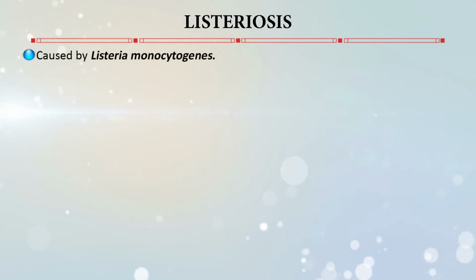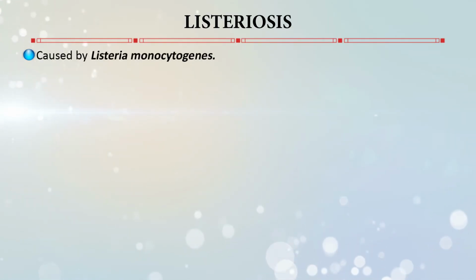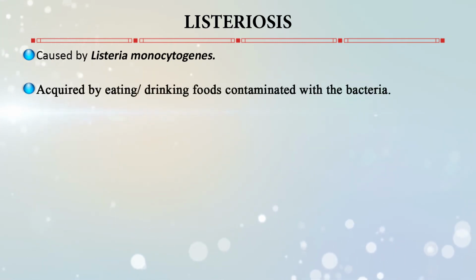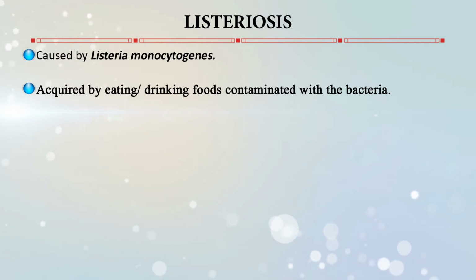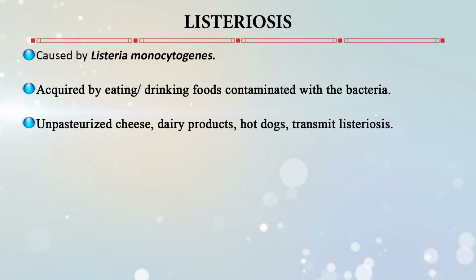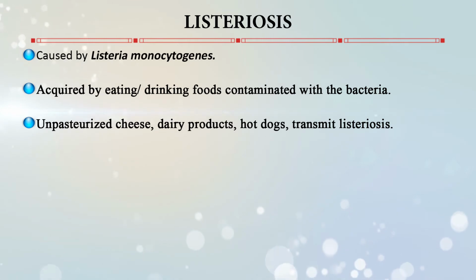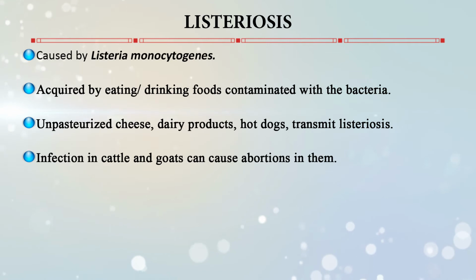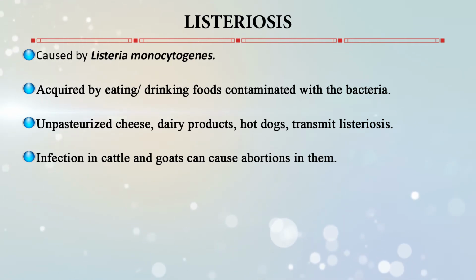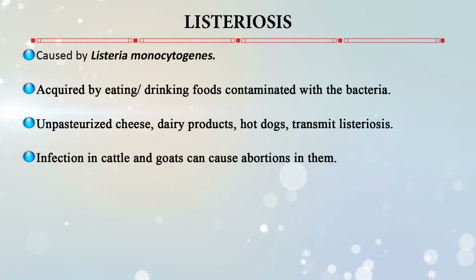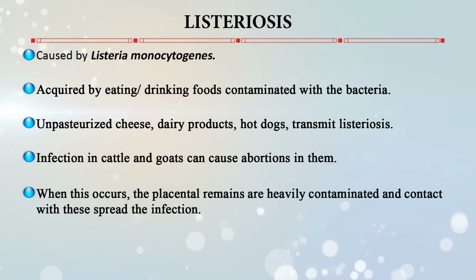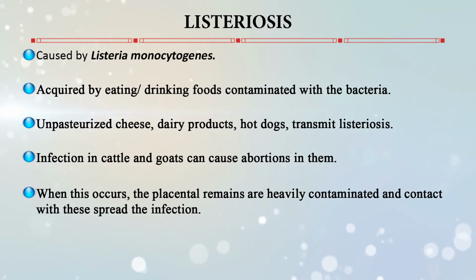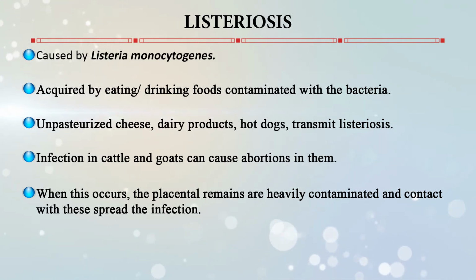Listeriosis. This is caused by Listeria monocytogenes, also a bacterial infection. It is acquired by drinking and eating food that is contaminated with this bacterial species. The sources include unpasteurized cheese and dairy products, and hot dogs. The infection can also occur in cattle and goats, and it can cause abortions and reproductive disorders in them. When this occurs, the placental remains are heavily contaminated,